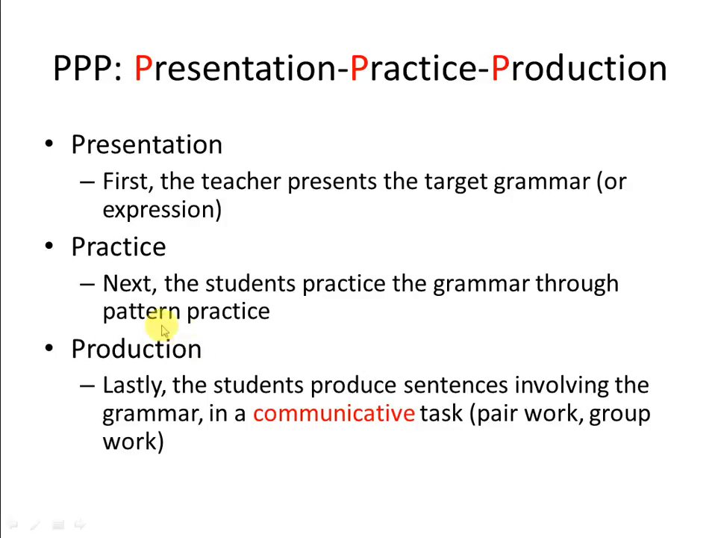And in the production part, the students produce sentences involving the grammar in a communicative task. So maybe they can do pair work and group work, and this cannot be done individually. To communicate, you need to have someone to communicate with. So to do pair work, you need a partner. To do group work, you need some people. And so your students communicate with someone,